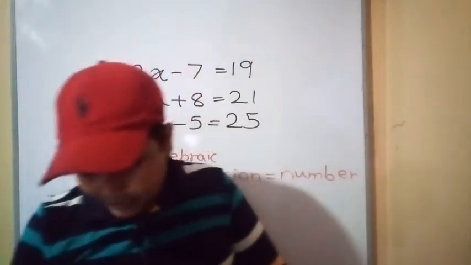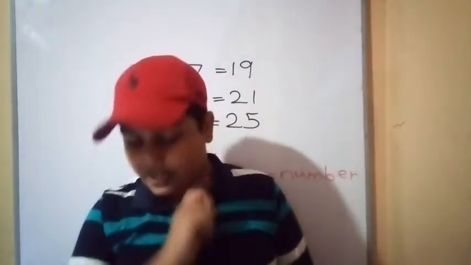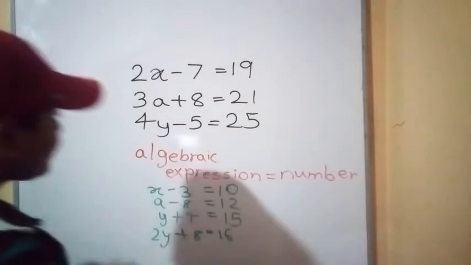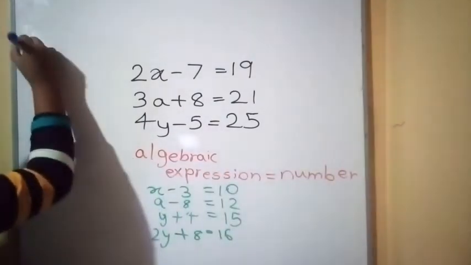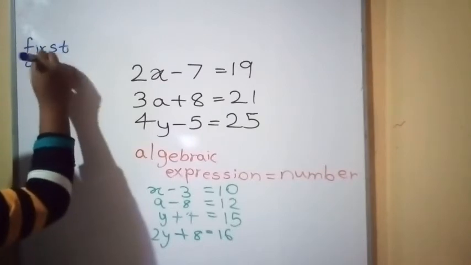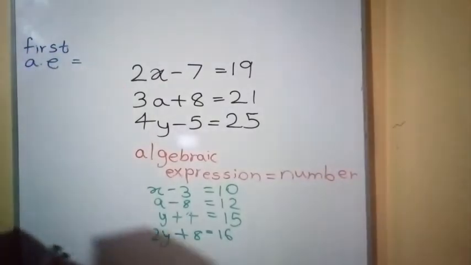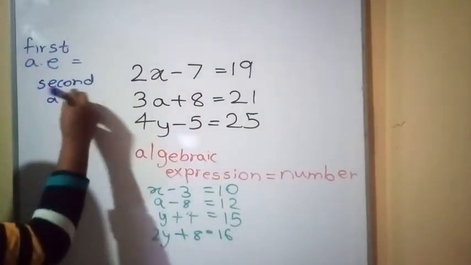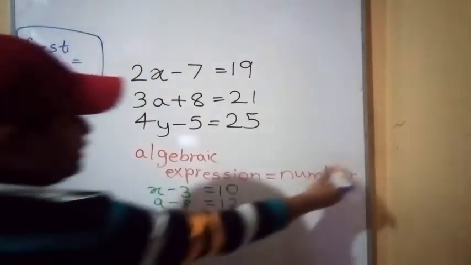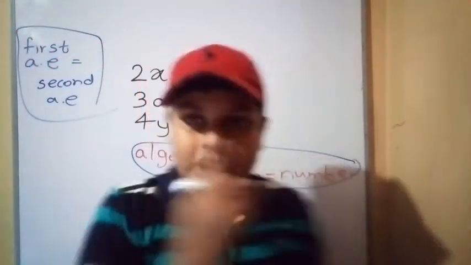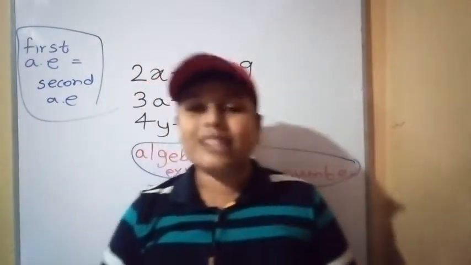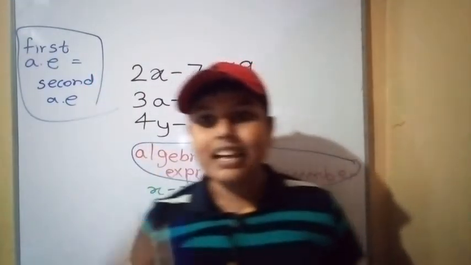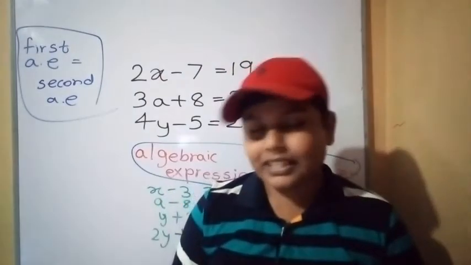When the value represented by an algebraic expression is equal to the value represented by another algebraic expression, it can be expressed as first algebraic expression equals second algebraic expression. This is also a form of equation, and the relationship in these forms is called an equation. Grade 8 has all of these too, but grade 7 is easy. In grade 8, I check accuracies and have many more things.